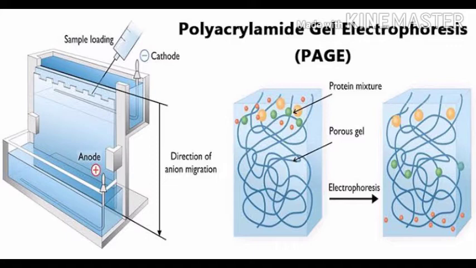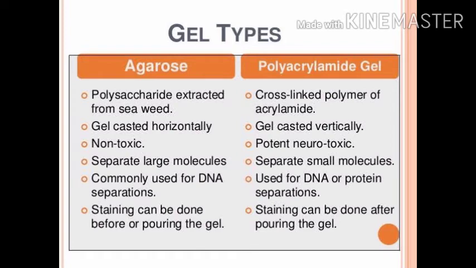As you can see in the example of this particular gel block, where the polyacrylamide material is used, it is named as PAGE. It is used for separation of proteins. The different gel types that are used are agarose and polyacrylamide. There is another one which is starch, but these two are the major types. Agarose is used for separation of DNA or nucleic acid material and is non-toxic, whereas PAGE is usually a bit toxic and used for separation of amino acids and protein particles.